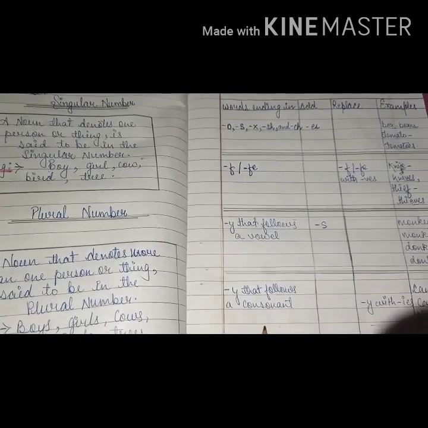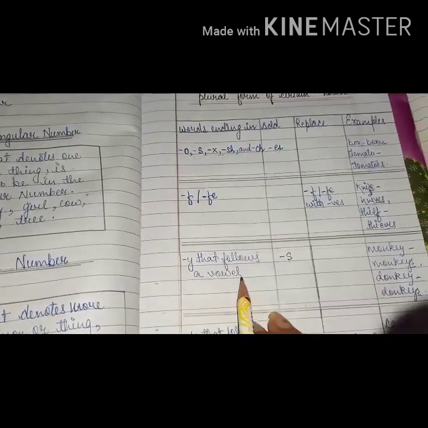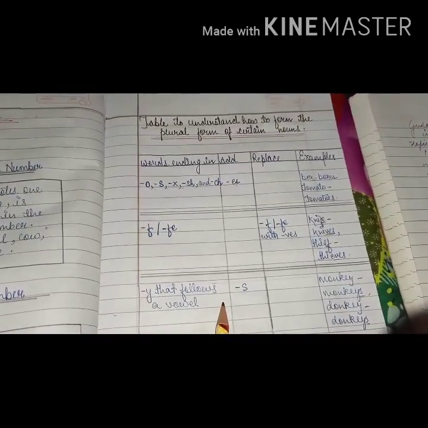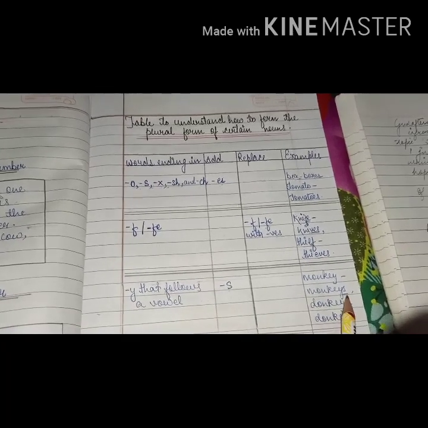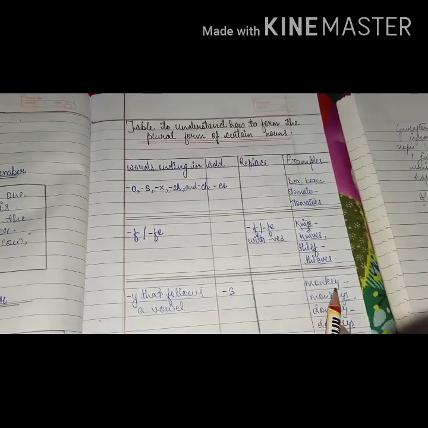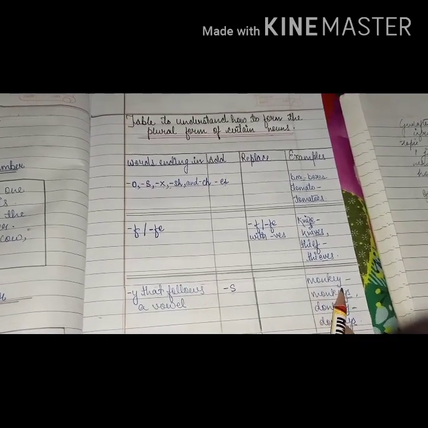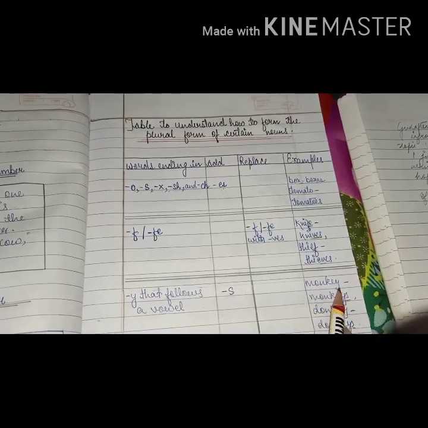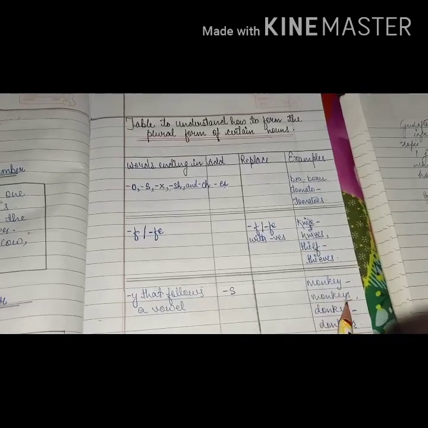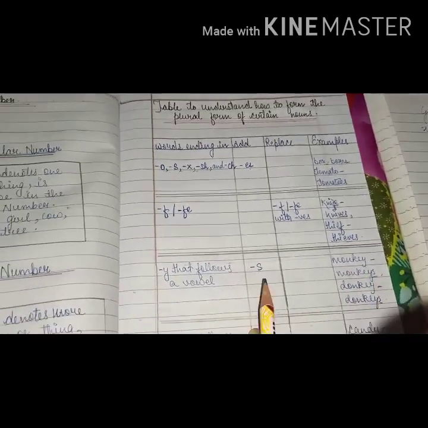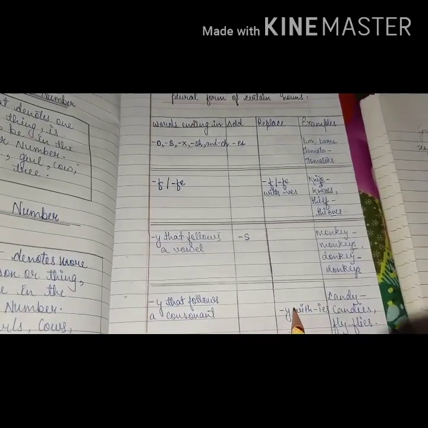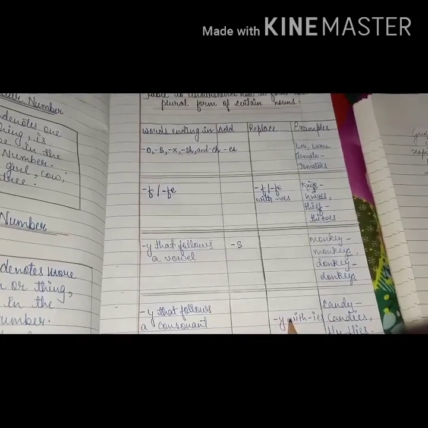Next we have Y that follows a consonant. This was Y that follows a vowel and this is Y that follows a consonant. When it is a vowel, what will happen? It will end with S. MONKEY. You are pronouncing it as E; the last pronunciation is coming with E. So that's why we have added S in the case of a vowel. But when it comes to a consonant, we won't add, but we will replace Y with